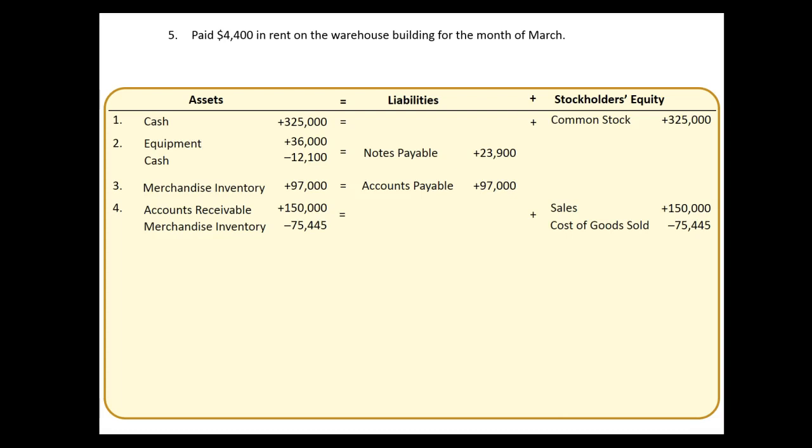Next, we paid $4,400 in rent on the warehouse building for the month of March. What's going to happen here? Well, we used cash to pay the rent, so an asset called cash is reduced $4,400. On the other side of the equation, this is an expense. Expense accounts ultimately reduce stockholders' equity through retained earnings. So as our rent expense increases, it reduces what's available in stockholders' equity. So in the same respect that we reduce our cash, we reduce our stockholders' equity as a result of paying